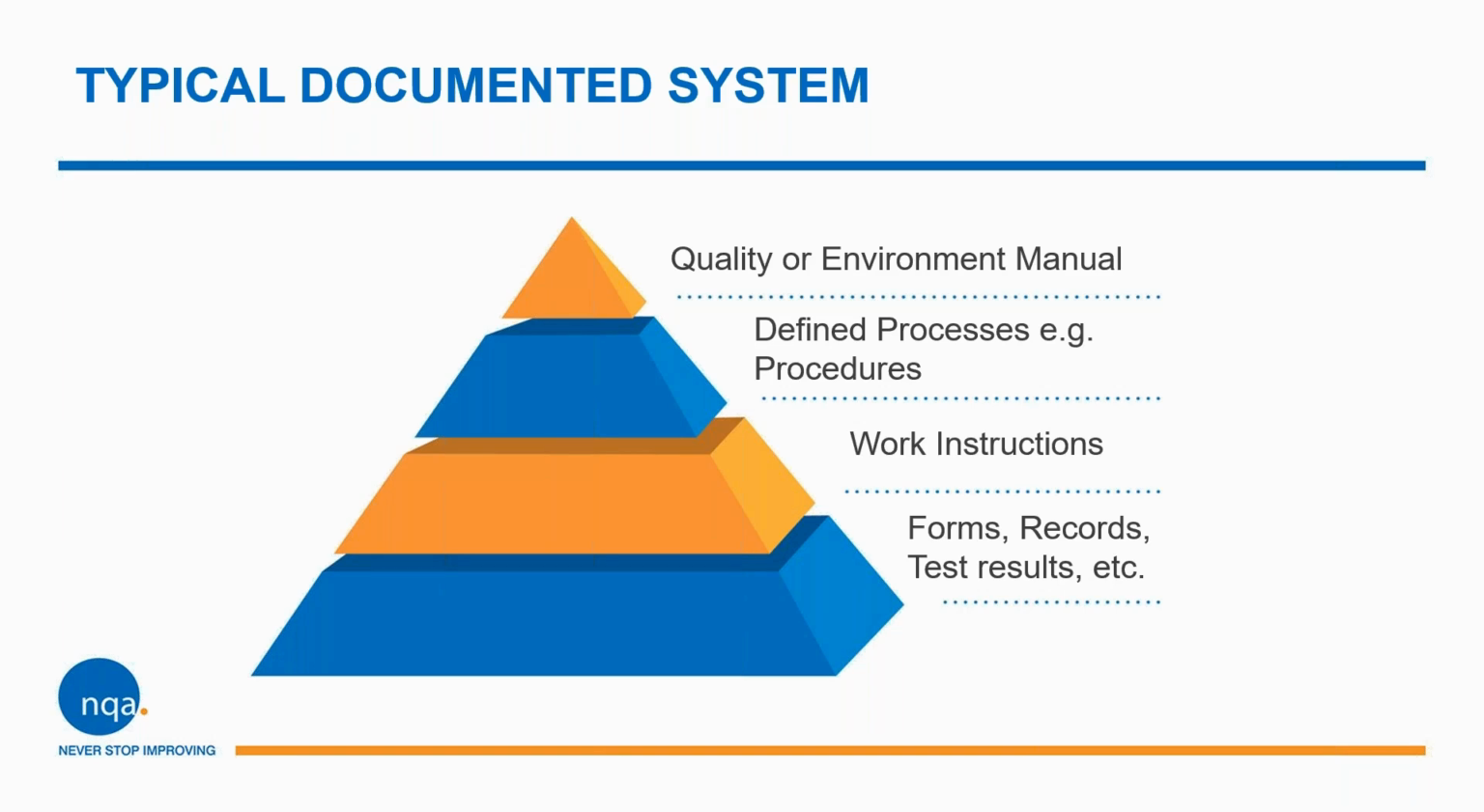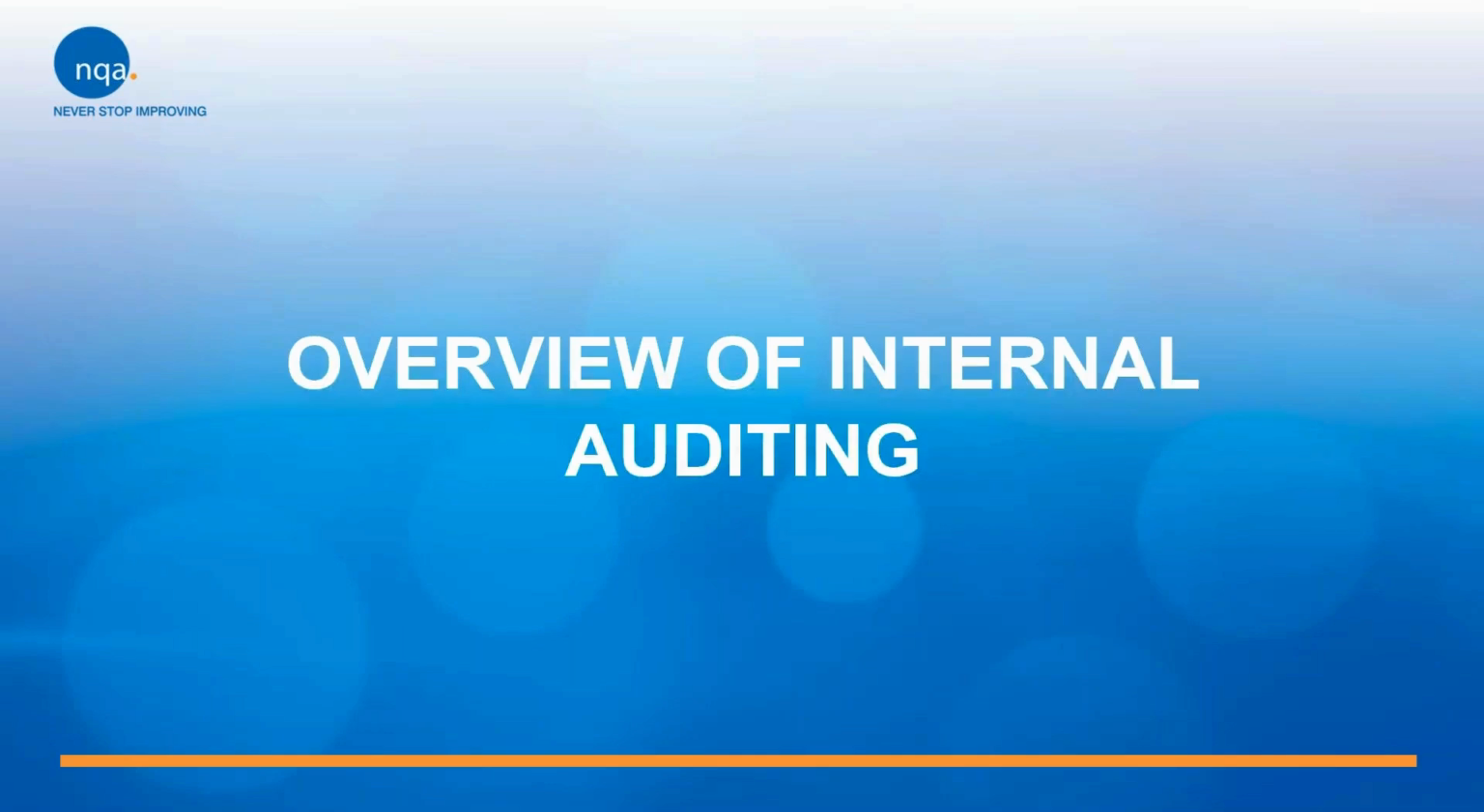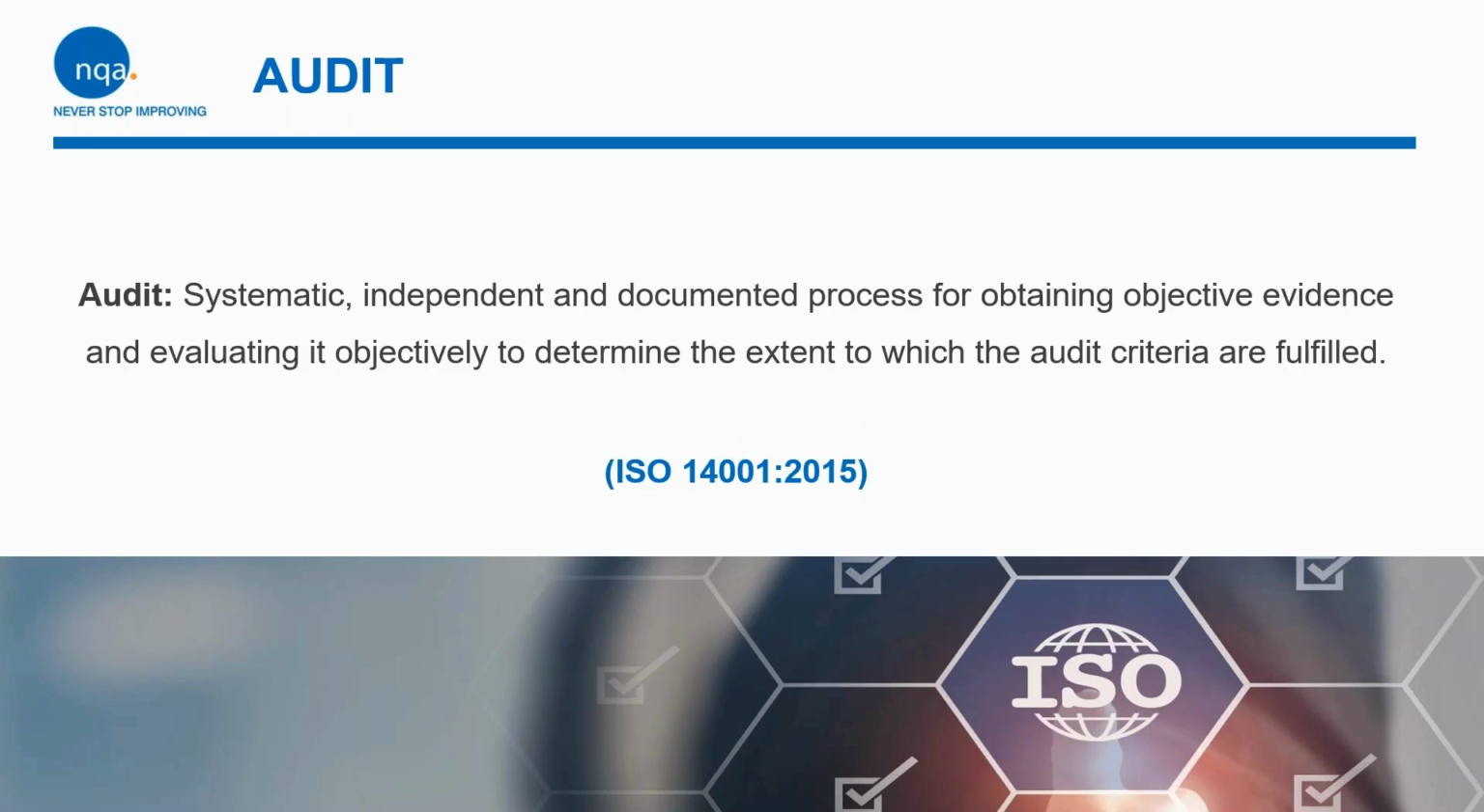Amazing. Right. So we're going to now delve into the overview of internal auditing in detail. And to be clear, you can hear the definition from ISO 14001, where it states that an audit is a systematic, independent, and documented process for obtaining objective evidence and evaluating objectively to determine the extent to which the audit criteria are fulfilled. So I hope to give you a little bit of flavor in terms of what audit is,